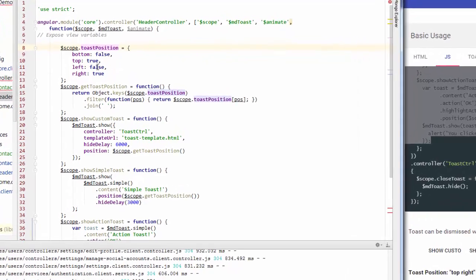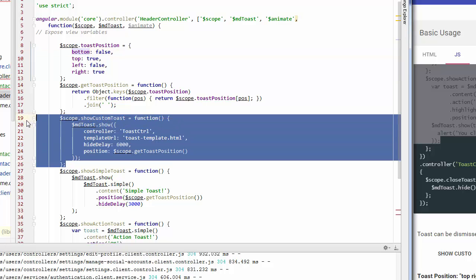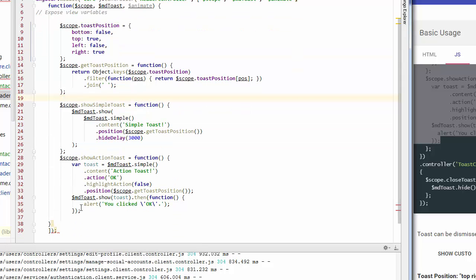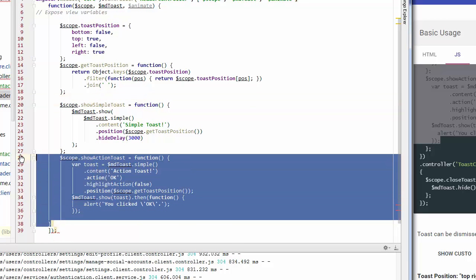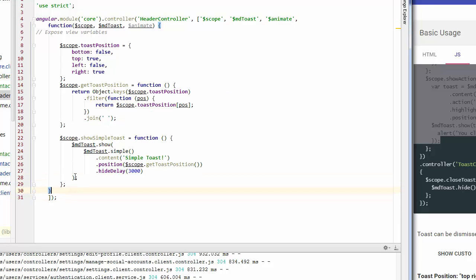That tells us where we want to position our toast. I'll get rid of the custom one. We're just going to have a simple toast, and I'll get rid of that one too. And I'm sure I have missed a single quote somewhere, so I'll just close that off there. Cool. So that's pretty much all we really need to do.